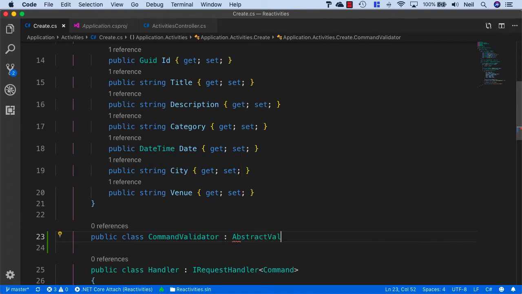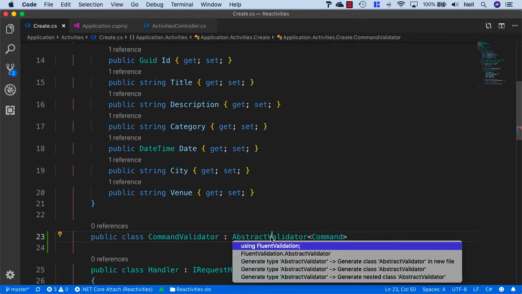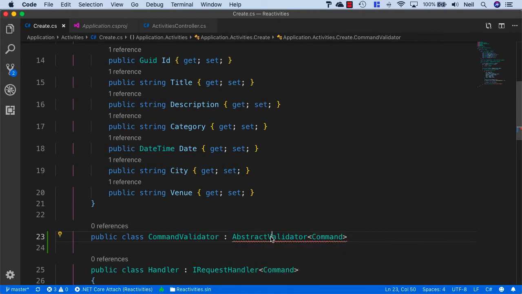So I'll say AbstractValidator, and then we pass in the command, and we should be able to bring in Fluent Validation. So let's bring this in, and